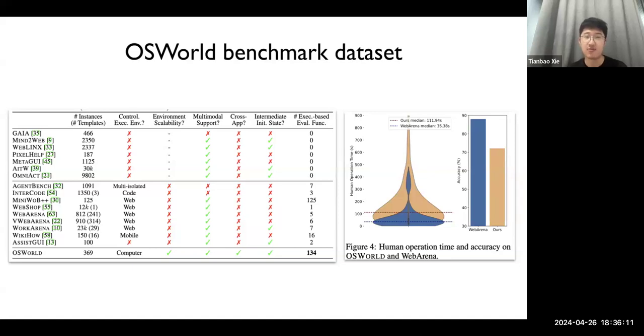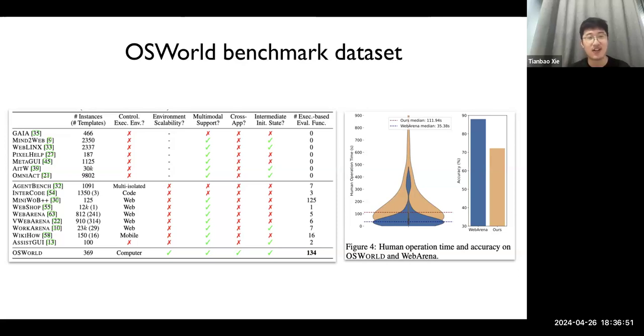We divide that into a few different aspects, comparing with previous agent benchmarks such as GAIA, AgentBench, InterCode, and others, and the web agent focused, GUI operation focused benchmarks, ranging from earlier work such as MiniWoB to recent work such as WorkArena, VisualWebArena, WebArena, and OmniACT. We have a relatively large